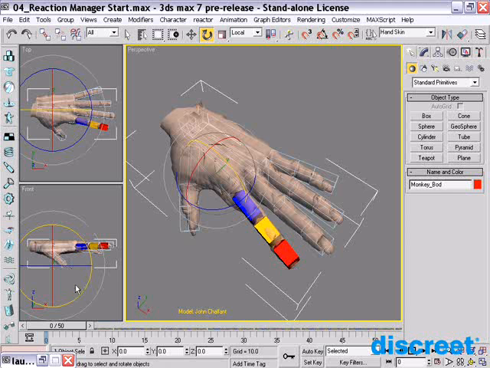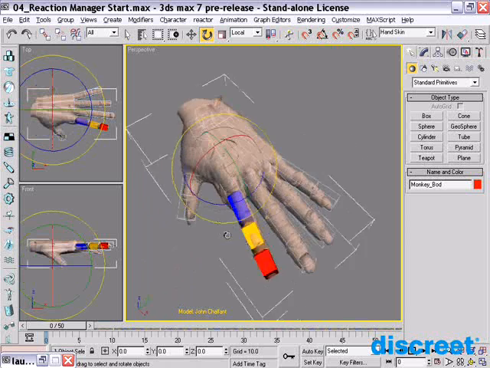For many years in 3ds Max, we've had a function called the reactor controller, or the reaction controller. It allows us to set up how an object should move when another object does something specific. So if one object rotates, then all the other objects will react to it. Well, in this release, we've created a whole new interface to it, a new way of working with reaction controllers. To give you an idea of that, let's set up a quick reaction on this